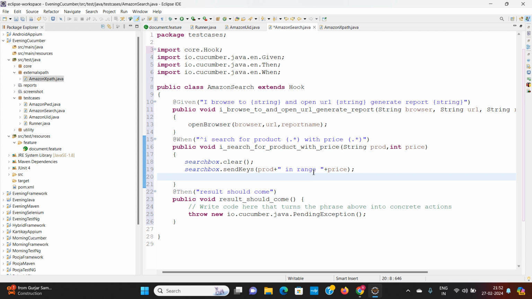Okay, so whatever data it is passing, product name and price, we are sending it as mobile in range 15,000, LCD in range 35,000, shirt in range 3,000.